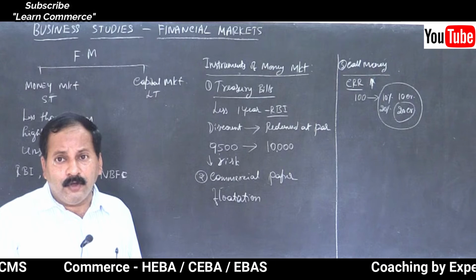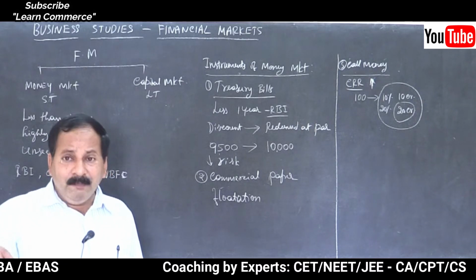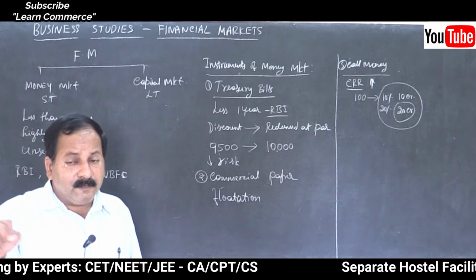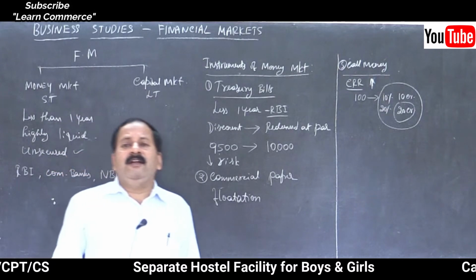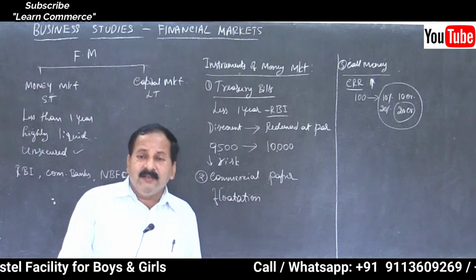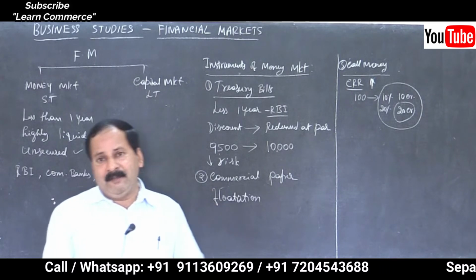When one bank borrows money from the other bank to meet a temporary shortage of funds, that is called call money. And on this, the borrowing bank has to pay a certain amount as interest to the lending bank,